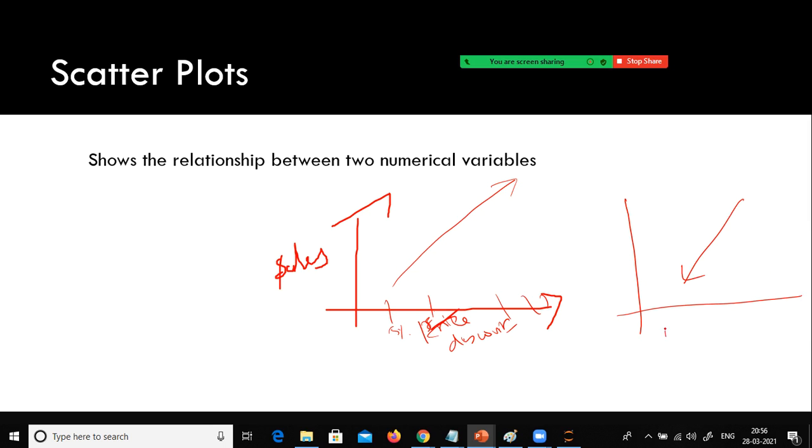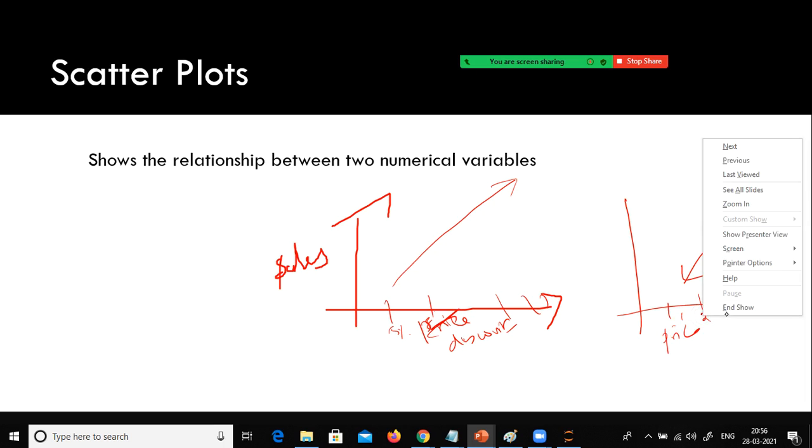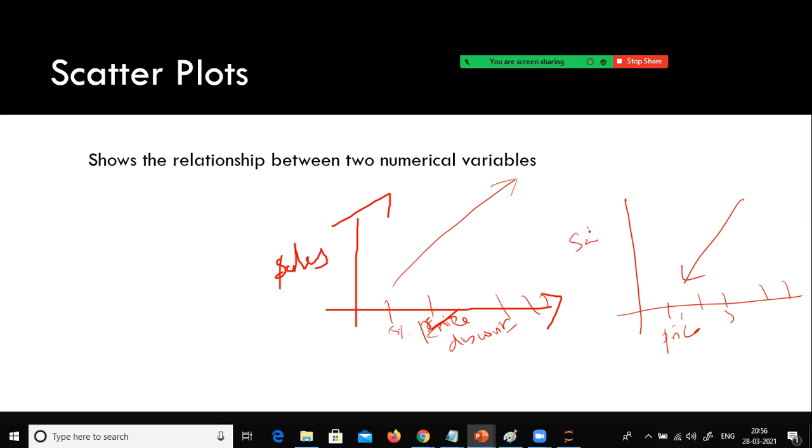So for example, as you increase the price, let's say you keep increasing the petrol price, 1 rupee, 2 rupee, 3 rupee. But in that case, do you think in the case of petrol price, the sales can show a negative trend? Can someone tell me?